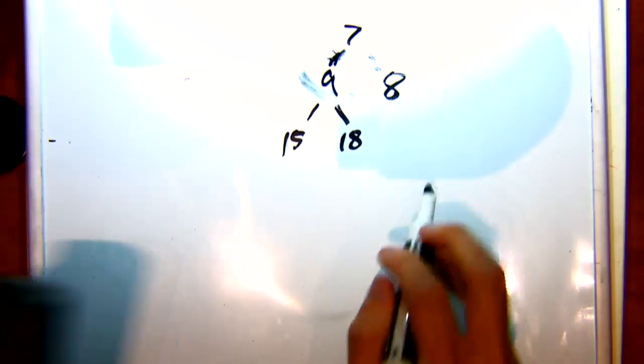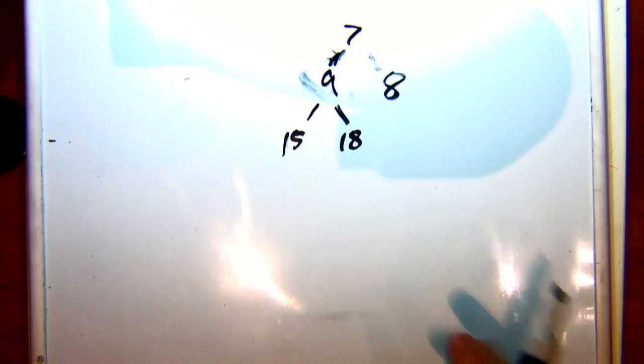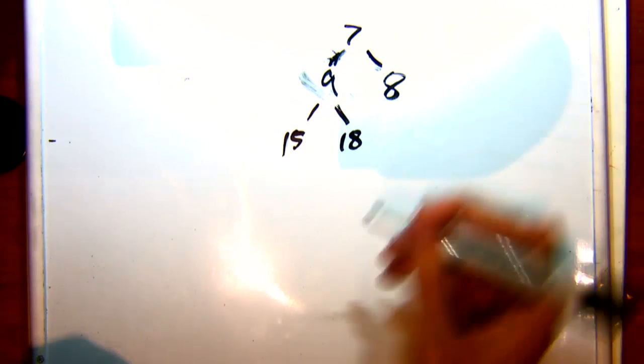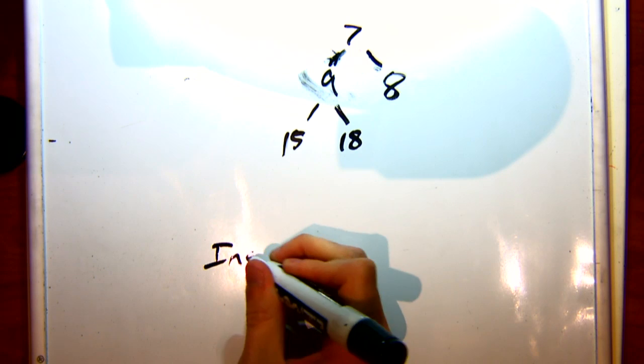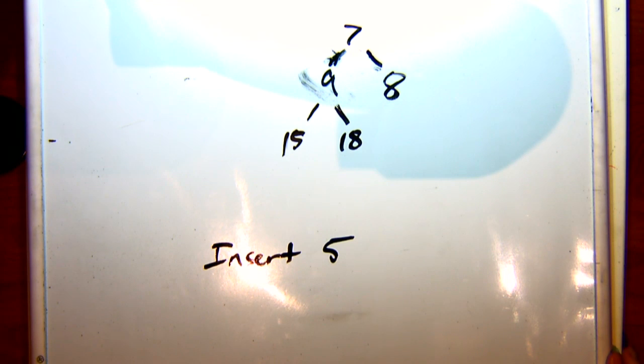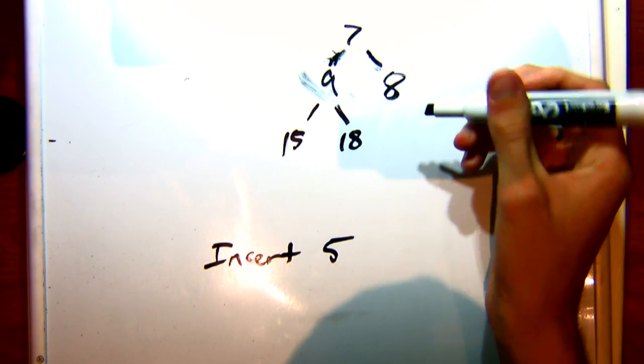And now both of the numbers below 9 are greater than it, so we're good. We don't have to move it any further. Now let's say we wanted to insert something like 5. We would insert it,